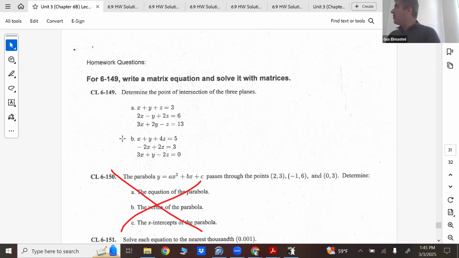I have one question. Yeah, fire away. Let me stop the recording. How do you figure out what the domain is when you're graphing